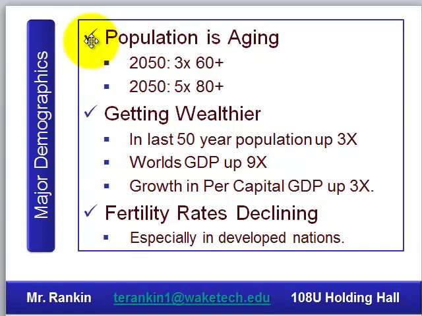The last thing I want you to think about as business people is some of the major demographic trends that are going on in the world. First of all, the world's population is aging because of the health care and all this other stuff. By the year 2050, we'll have 3 times as many 60-plus-year-olds, 5 times as many over 80s. We talked about the world's getting wealthier. Every person's 3 times more wealthy, so people in poor countries who couldn't afford cars in the past may afford cars in the future. And the fertility rates, particularly in the developing nations, are basically flat. 97% of the world growth in the next 10 years is going to come in developing countries.